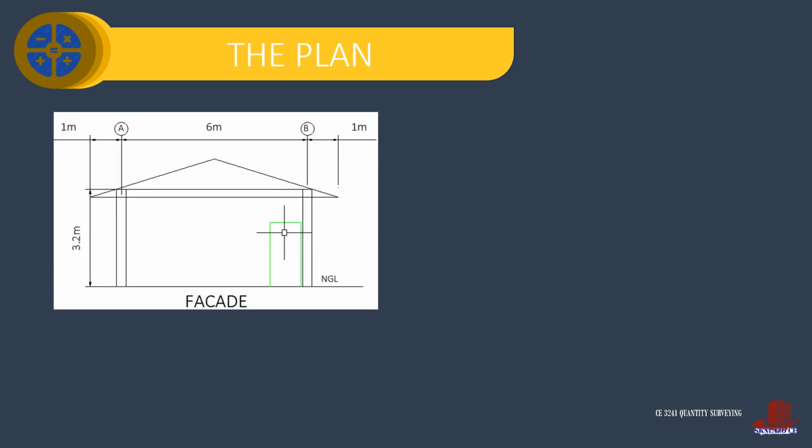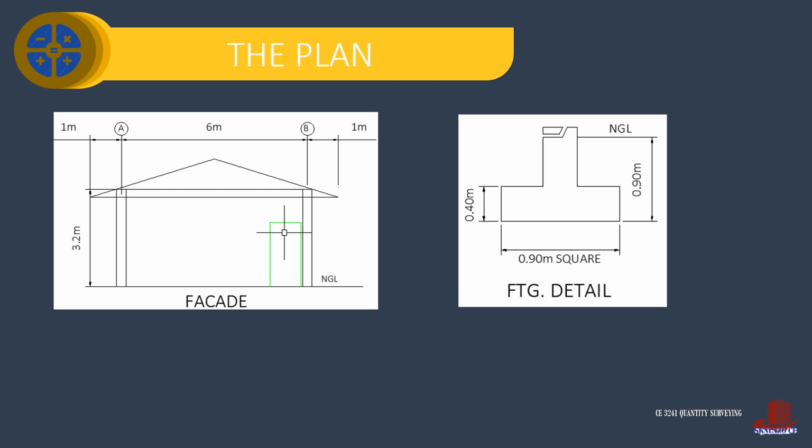We also need to know the height of the building to be able to identify the location of the roof beam and the height of the columns, and also the details of the typical footing F1. The instruction is to estimate the concrete works using concrete mix class A. This is for simplicity, but then the slab on grade and pavement usually adopt concrete mix class B.